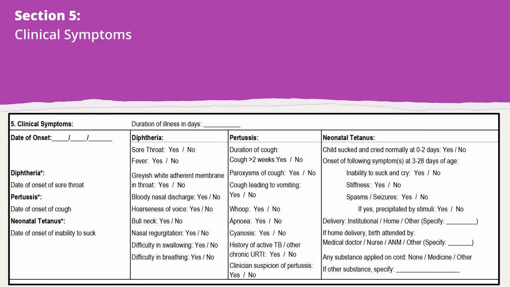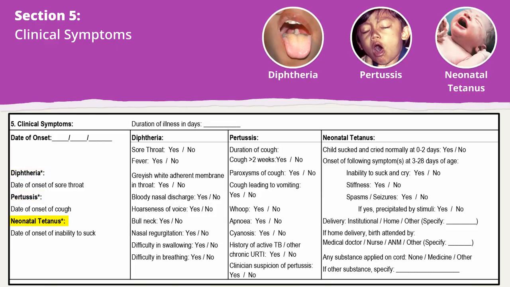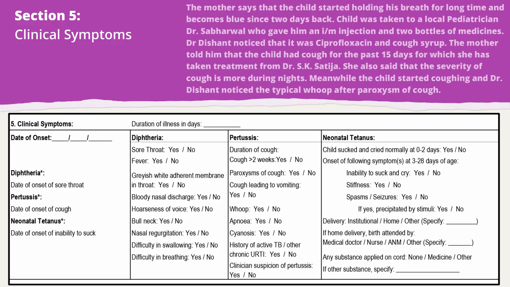Section 5 is on clinical symptoms for all 3 diseases, that is, diphtheria, pertussis, and neonatal tetanus. Note that the date of onset for diphtheria is sore throat, cough for pertussis, and inability to suck for neonatal tetanus. In this case, date of onset of cough is 28 March and duration of illness from onset of cough to notification is